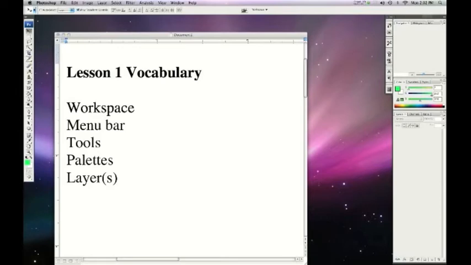The next set of tools is our touch-up tools. Our touch-up tools are made up of the healing brush tool, the pencil tool, the clone stamp tool, the eraser, the bucket, the smudge tool or the blur tool, and the dodge tool. After the touch-up tools, we have what are called our text tools. In the text tools, we have the pen tool, the text tool itself, the path selection tool, and the ellipse tool, sorry. Below this set of tools, we have the paint section,